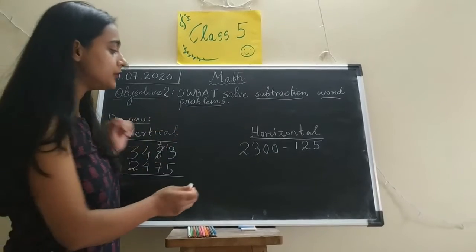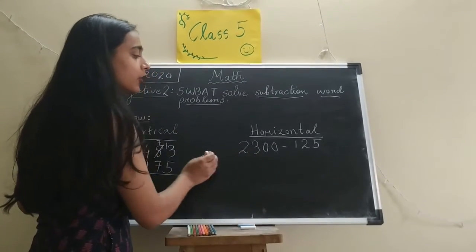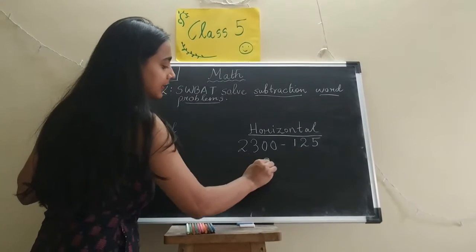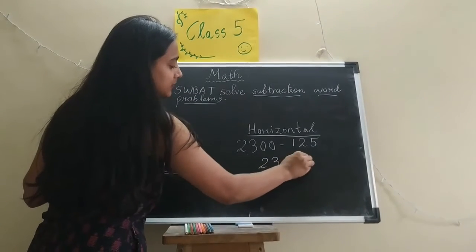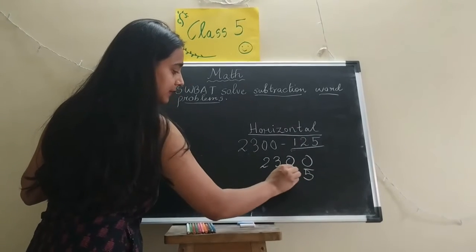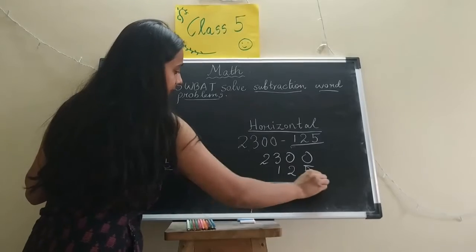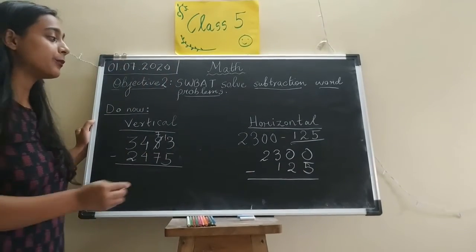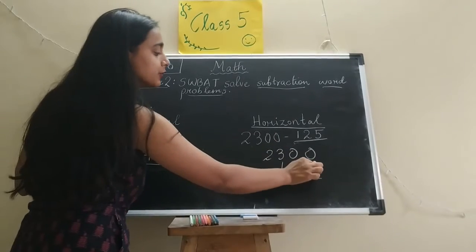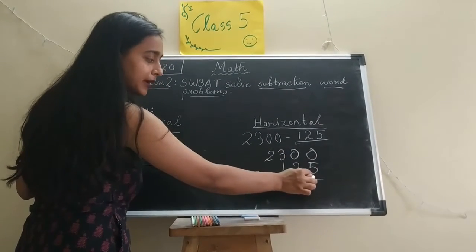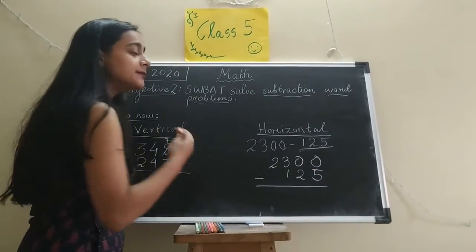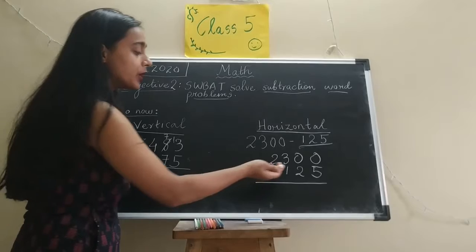In the same way we will do the horizontal subtraction. In horizontal subtraction आपको पहले इसको ऐसे करके लिखना है. Right, so you will write this as 2300. Then this number you will start from the ones place. 1. Right. Now you will subtract. Now here also in subtraction, please keep in mind that there is a 0 here. Right. Now 0 is smaller than 5. Now he needs to borrow from this 0. लेकिन इस 0 के पास भी कुछ नहीं है. Right. So what will he do?